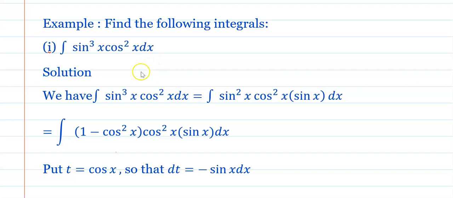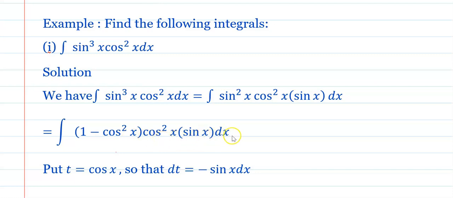See this here. Integral sine cube x into cos square x into dx. If I take one sin x out, then there will be sine square x into cos square x. If I replace this sine square x by the identity 1 minus cos square x into cos square x into